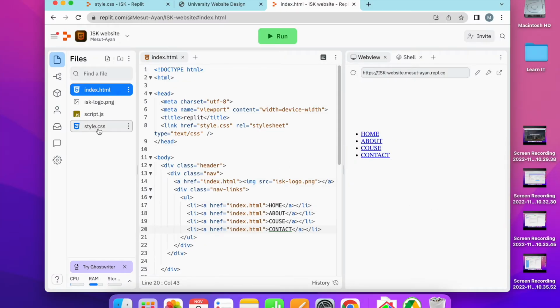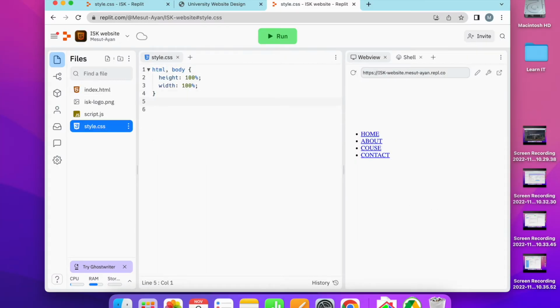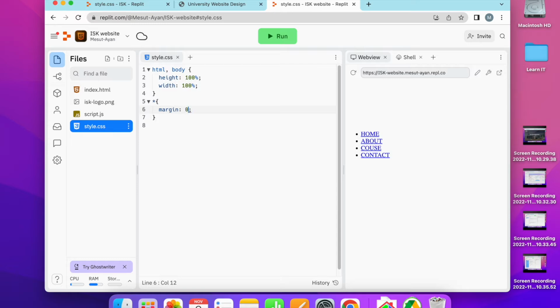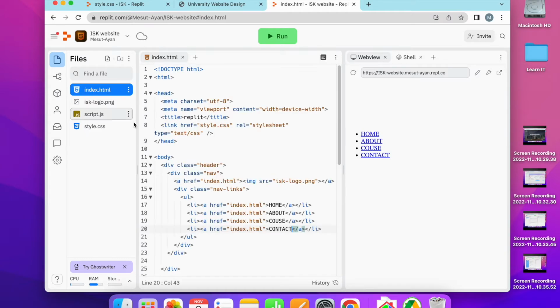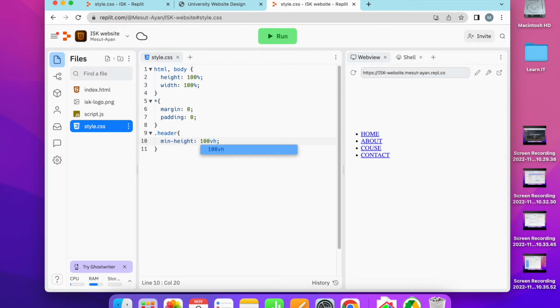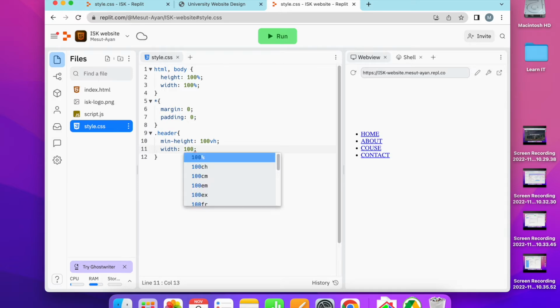To style that, we are going to use the style CSS file, and first of all I am going to make margin 0 and padding 0, and after that we can start with the header. To control the classes in the CSS we can use a dot and curly brackets here. Minimum height will be 100 VH, viewport height, so the initial body height will take 100% of the viewport height. Width will be 100%,